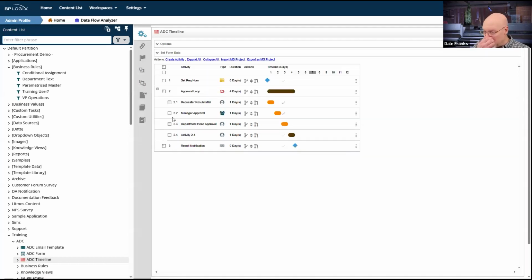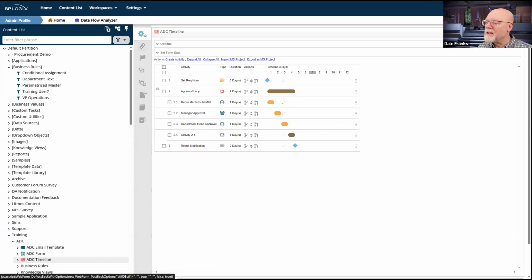All right, so the reason that we're doing this now, it is 11:52, so we're good for time. Here's what I want to do. Now I want to test skipping the manager approval. So what I need to do is I need to submit a complaint request. I need to click the exclude manager checkbox and see that when I submit that form, it's going to go straight to department head approval.